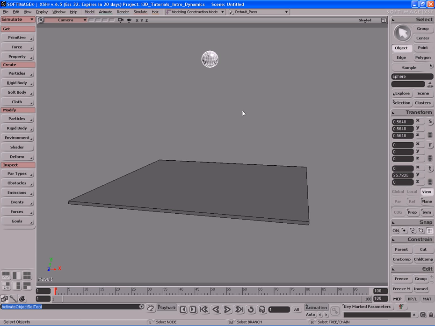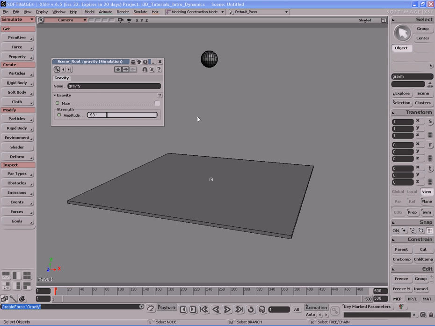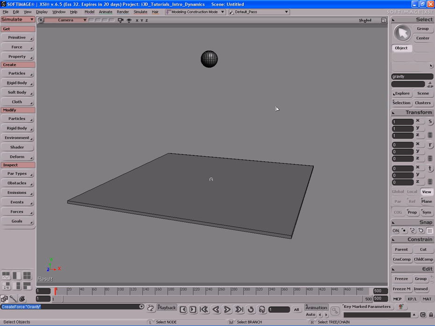So I'll move the sphere up here. Alright? And if I hit play, nothing's going to happen. So let me go back to the first frame. Let me increase the number of frames here from 100 to 500. That should be enough. Okay? What we need to do is add gravity to our scene. So what we can do is select the sphere, go up to Force, select Gravity, close that PPG, and now